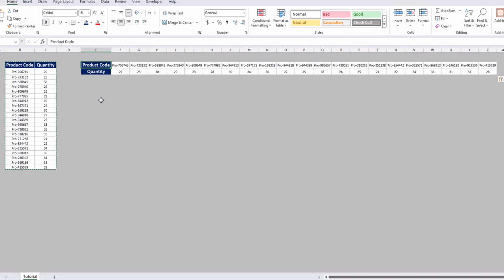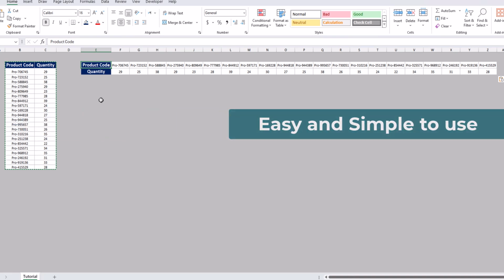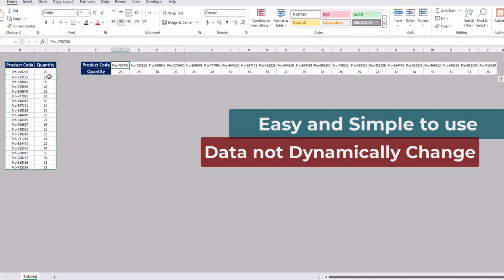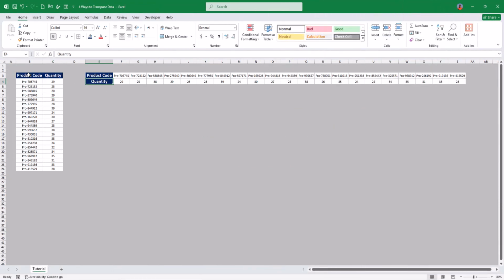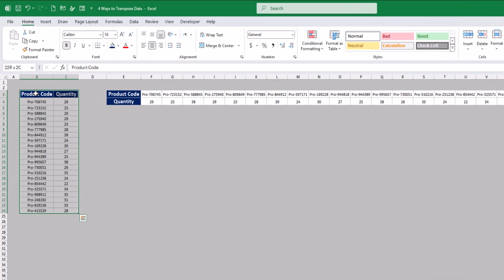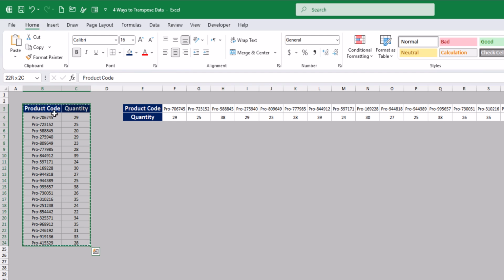So what are the pros of this method? As you can see, it's very simple and very easy, but we have a disadvantage: the data is not dynamic. So if this number is changed to any other number, it will not change as the main table does. And that takes us to the second method, which requires one more step,